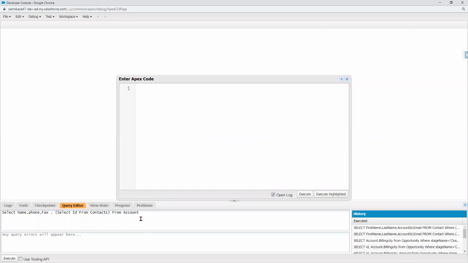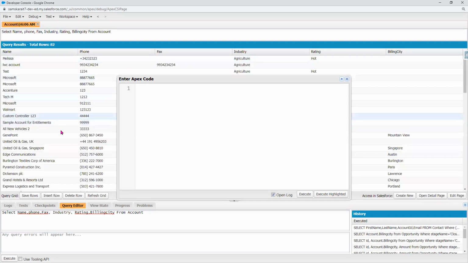Right, usually we will write it like this: select name, phone, fax. In case I want to take any other information, I can take those details: industry, rating, billing city. So this is the output I got. Now what I'll do is I'll take everything of this query, Control C, and now I'll try to implement the